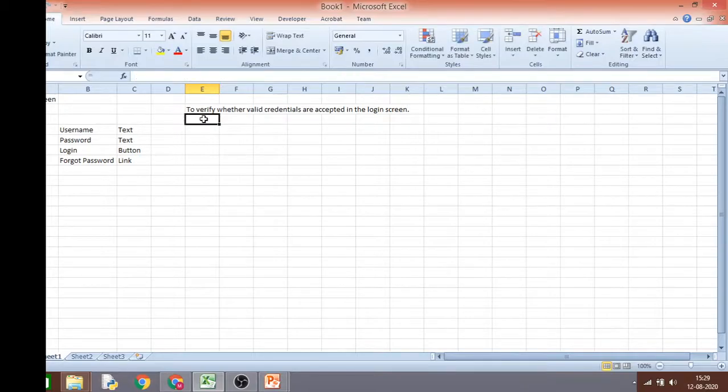So this is going to be your scenario. The scenario is your big picture. To validate this, to make sure that your login screen accepts only a valid username and a valid password, you are going to test the login screen with various combinations of test data.